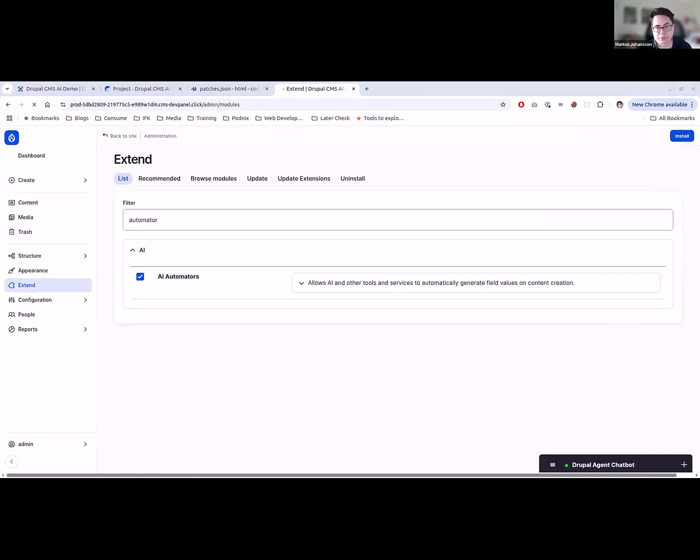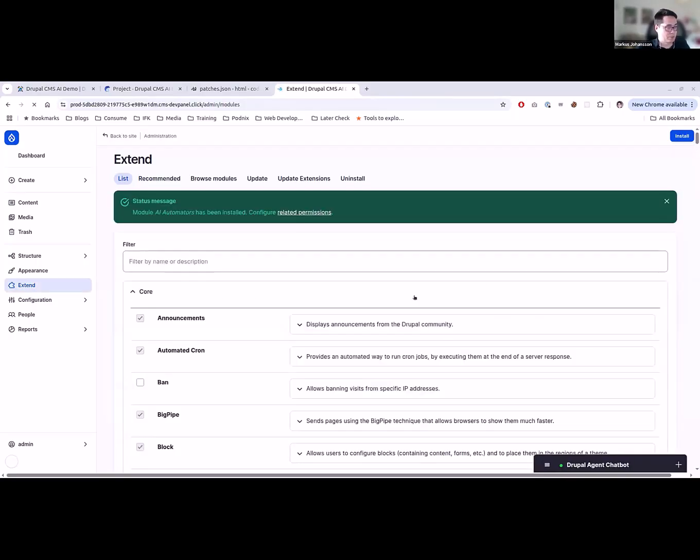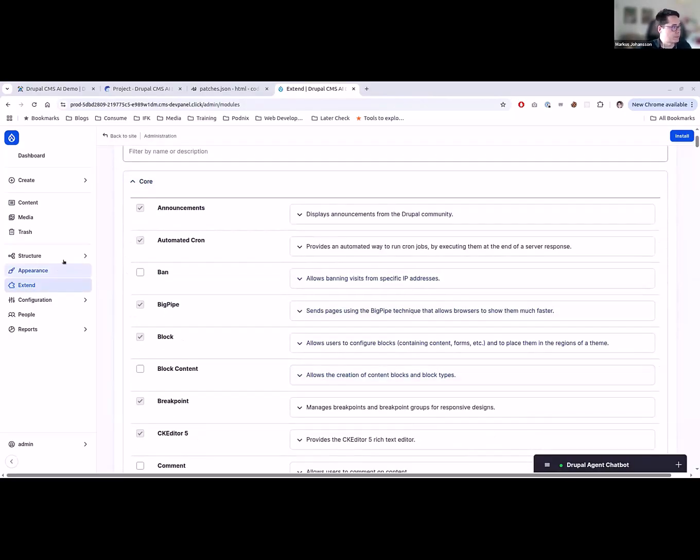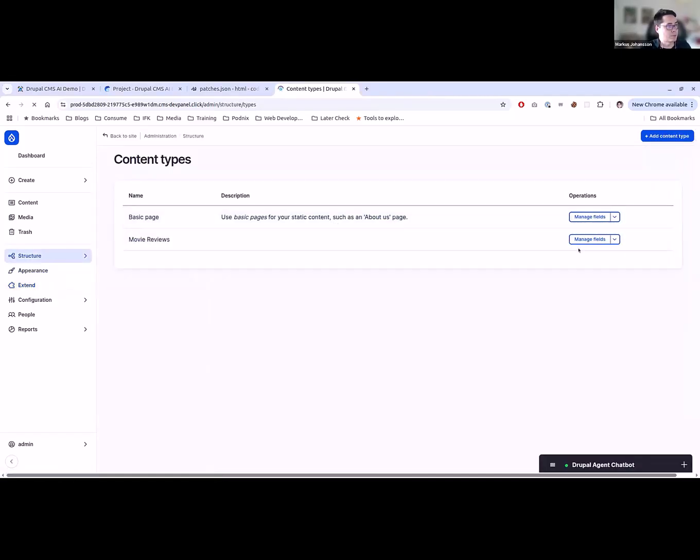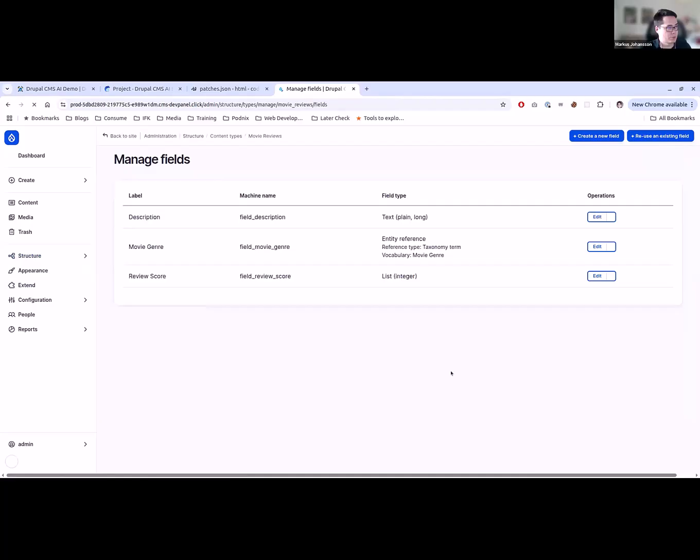And these automators, by the way, come with a lot of stuff you can do outside of what you're going to see here. There are a lot of extra extensions where it can go out and search on the internet, scrape websites, read PDFs, and a lot of different things. But I will just showcase a couple of them here. So if we now go back to our movie reviews,